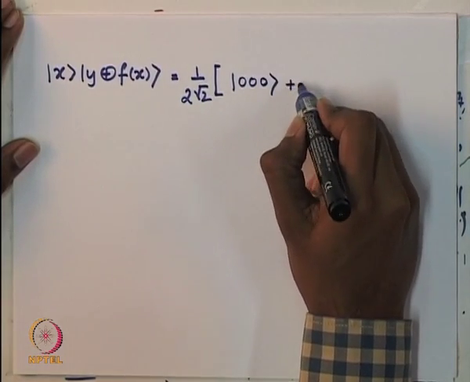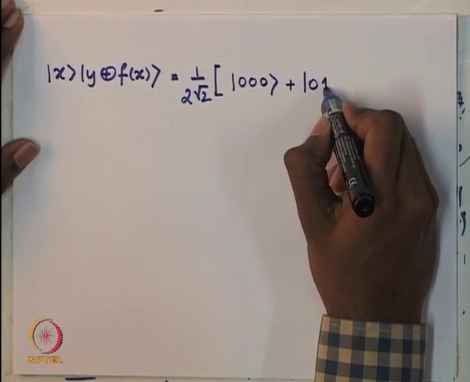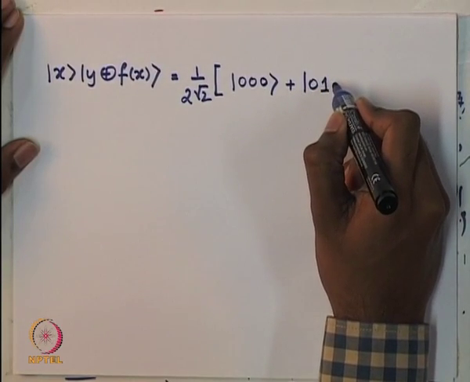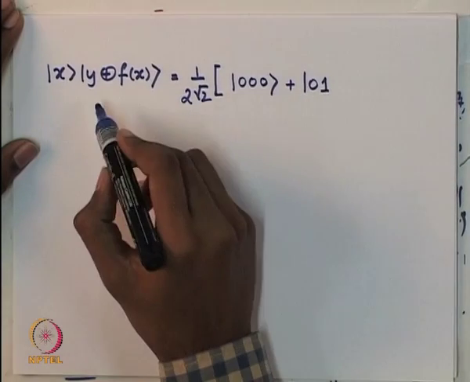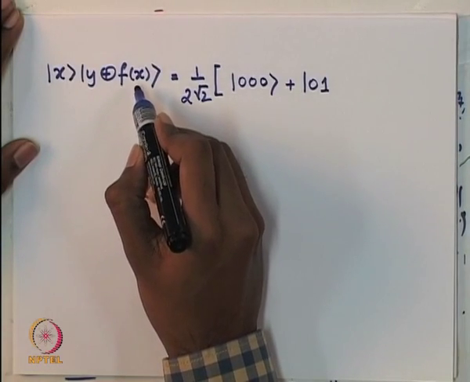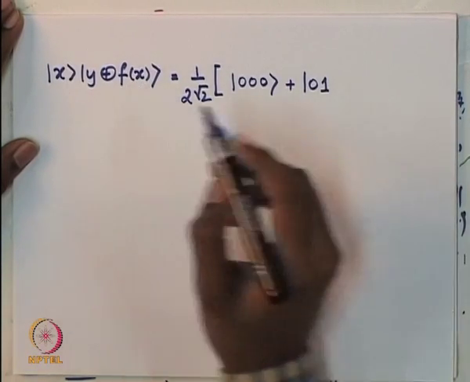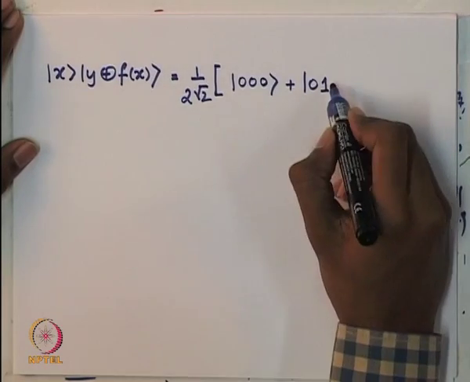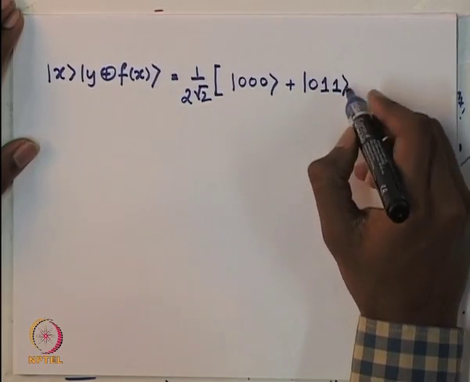The second state is 0 1 0. As the last qubit is 0, that is y is 0, 0 XOR f of x would be stated as f of 0 1. F of 0 1 is 1. Similarly for other states,